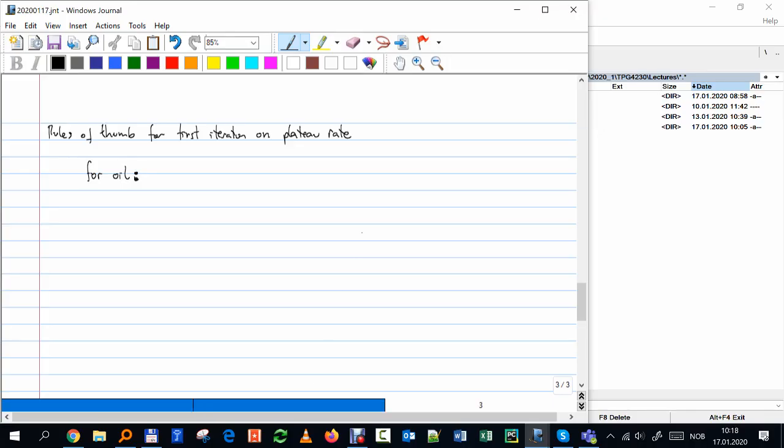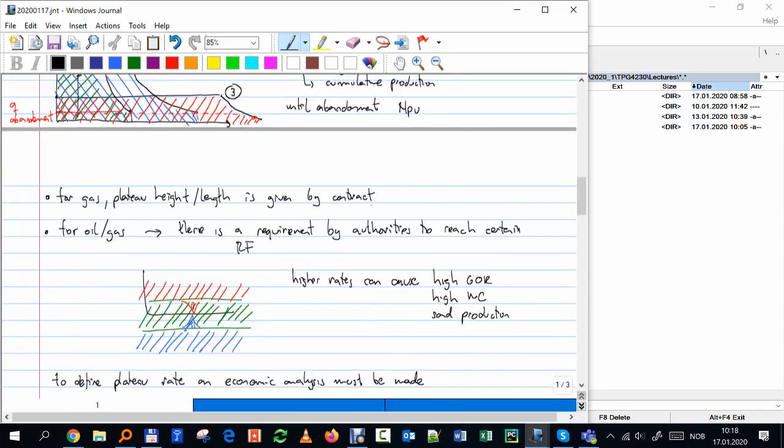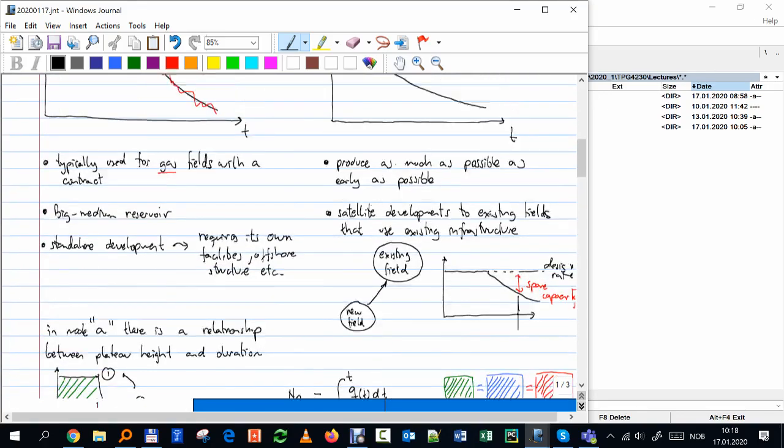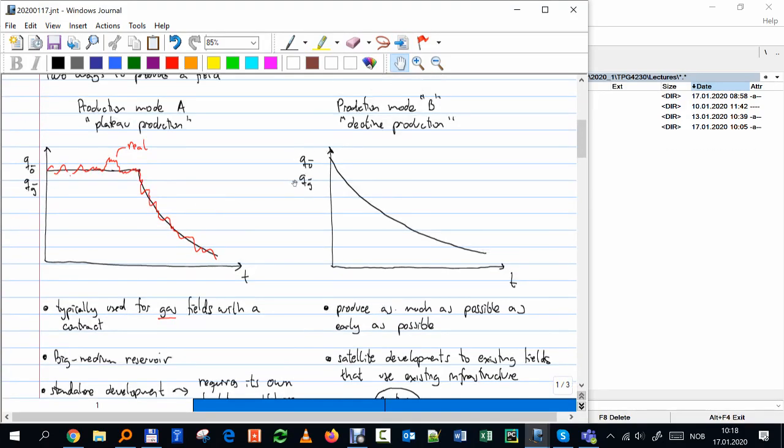Okay, so the point I want to make is that we have different ways to produce the field, plateau and decline. If we only look at the revenue, really the decline makes most sense. We want to produce as much as possible, as early as possible. But you know, we have